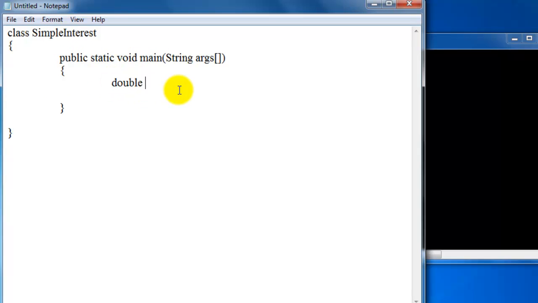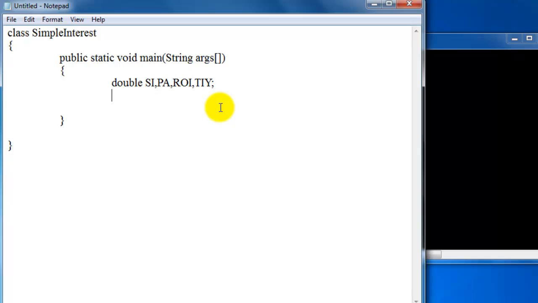Let's take some variables of double type: simple interest, principal amount, rate of interest and time in year. In this program we need the principal amount, rate of interest and time in year, so first of all we need to input these three values from the user.